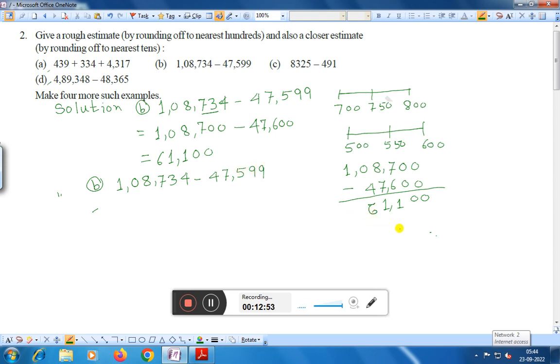That means by rounding off to nearest 10, here there is 34. 34 lies between 30 and 40, and the middle number is 35. Since the number is 34, less than 35, therefore it is rounded to 30. Therefore, the answer will be